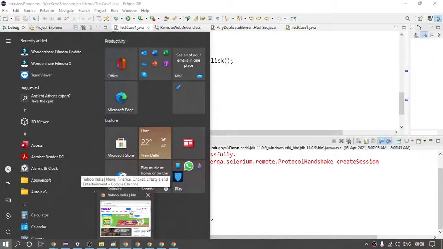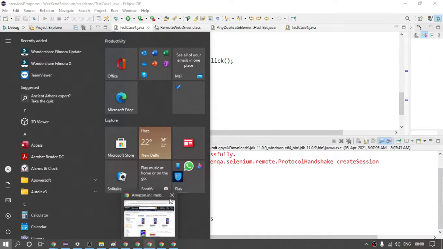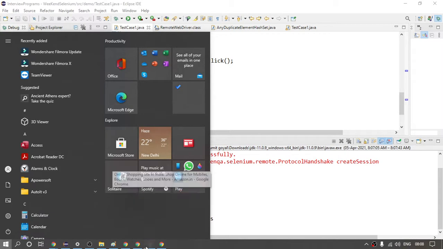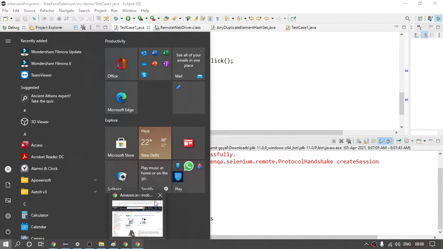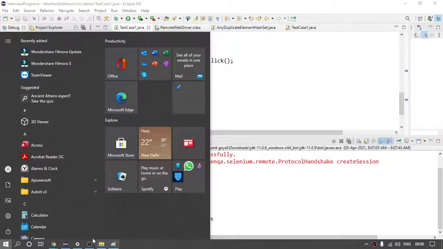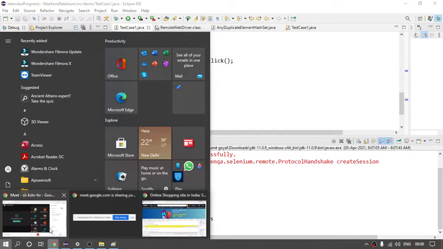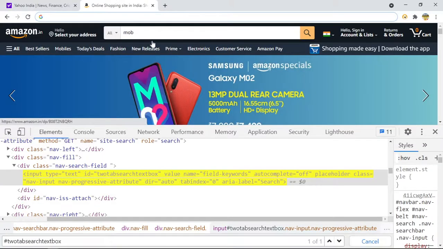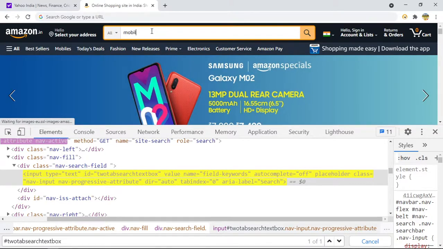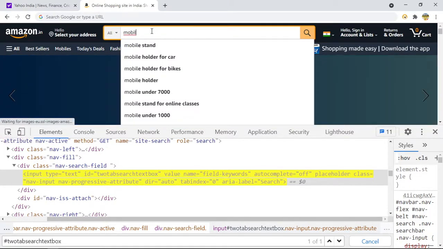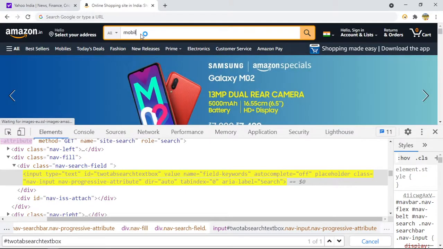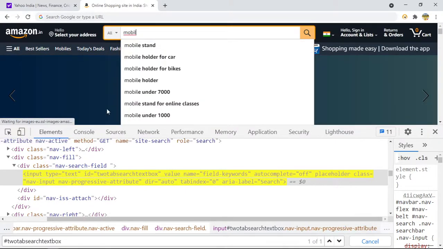Sumit, can you once show how you held the drop down value on Amazon? You went to sources and you clicked on something, right? Yeah, exactly. If you see, once you right click, it will disappear. So what I've done, for all websites this will be common: if you face an issue anywhere, you can just click on sources.